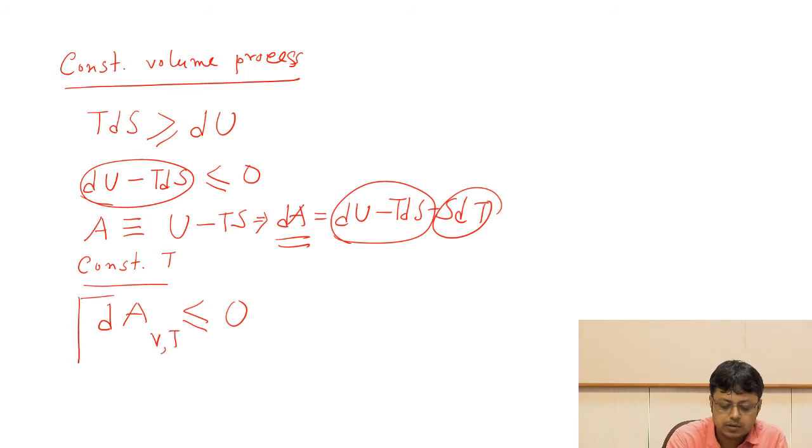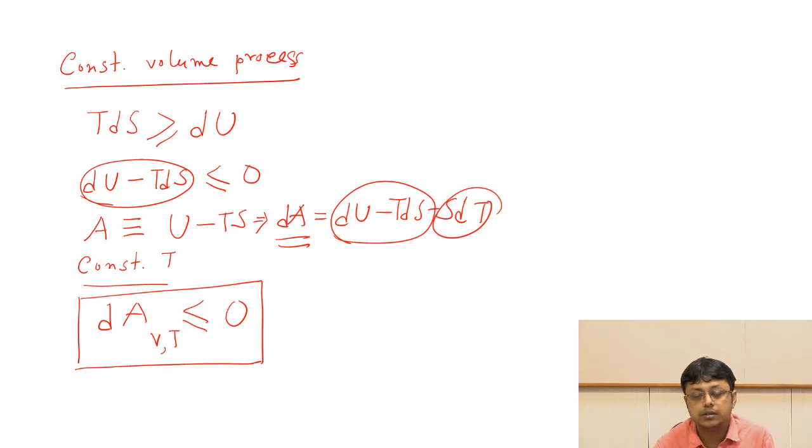constant temperature. Now constant volume and temperature are two natural choices. So in many cases, we'll keep the volume constant and keep the temperature also constant. And suppose we can heat up a system or do something else, where the relevant quantity to look at for spontaneity will be dA. Just keep that in mind. And similarly, we could also get another equation for a constant pressure process,